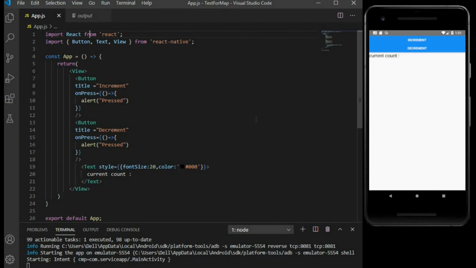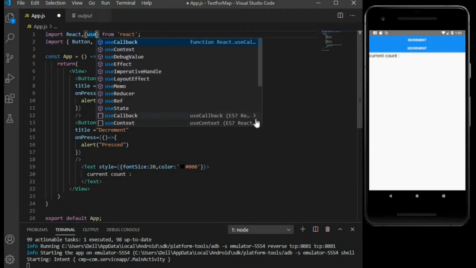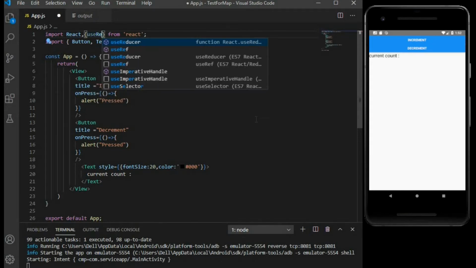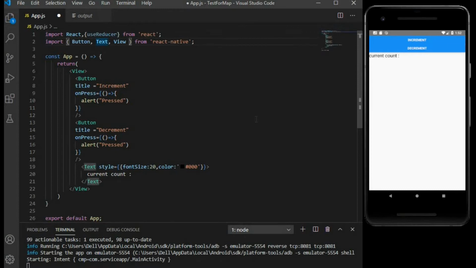First of all, I will import useReducer from React. useReducer is also a hook function just like useState. These hooks are used to add some more functionalities to the functional component.